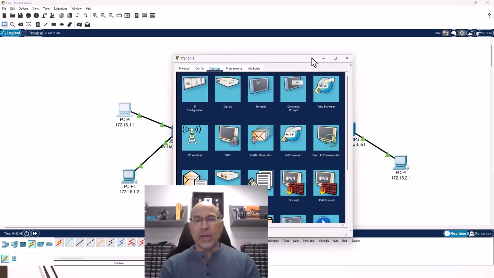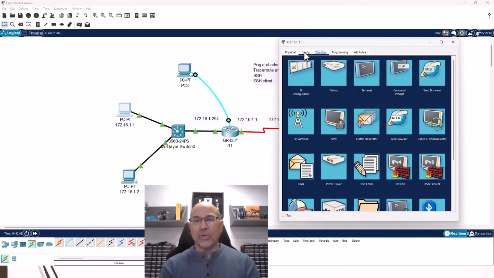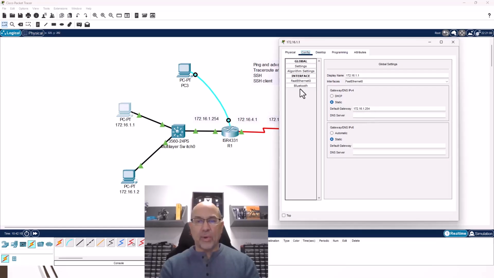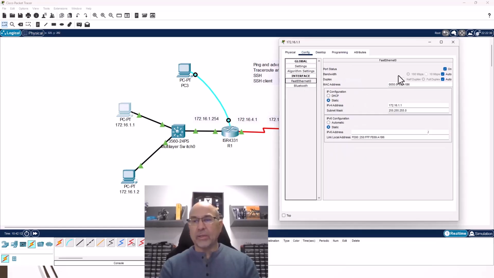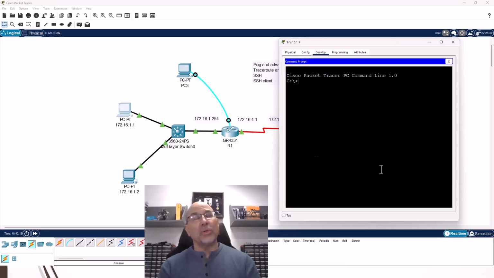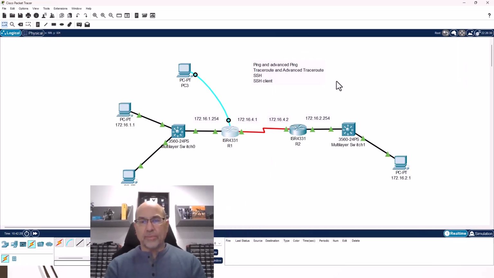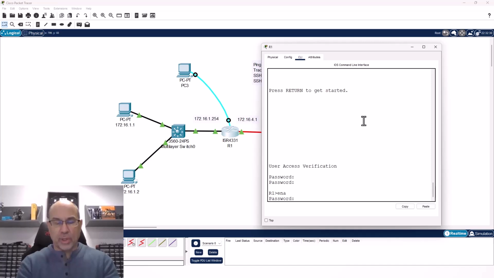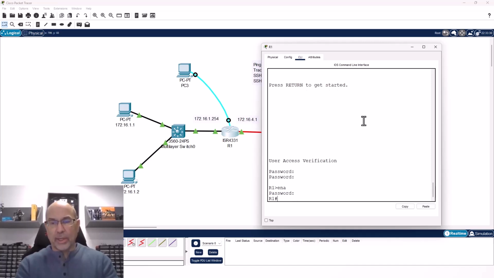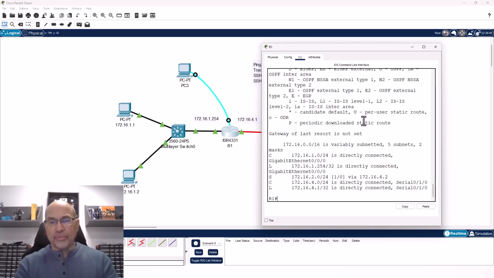So 172.16.1.2 believes that it can get to the destination. Well, let's take a look at a different host. Now this host does have a default gateway, and it has the correct mask. We'll do a couple of examples here. All right, so I have passwords set up, so we're gonna go over those later on. If I take a look at my routing table,